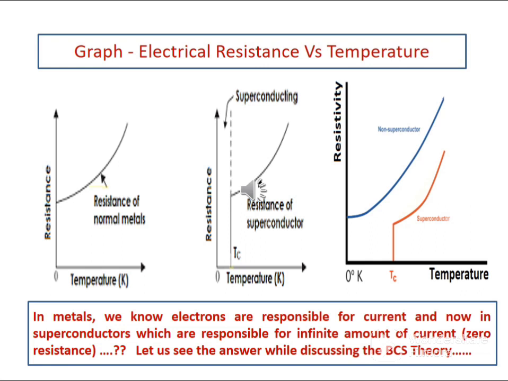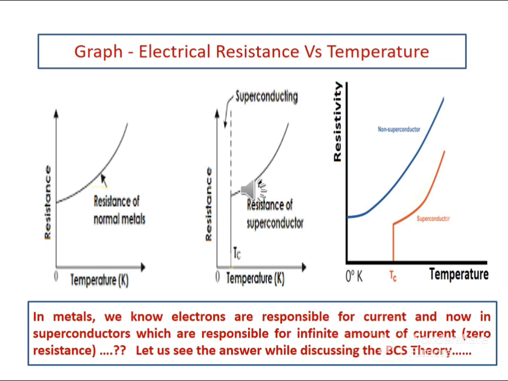However, even at 0 Kelvin, there is some amount of resistance left in a given metallic material. In the middle graph, meant for superconducting material, you can see that initially the electrical resistance decreases with the decrease in temperature. And suddenly, at one particular temperature, which is near 0 Kelvin, the electrical resistance drops to 0. This temperature at which there is a transition from the normal state to the superconducting state is called the